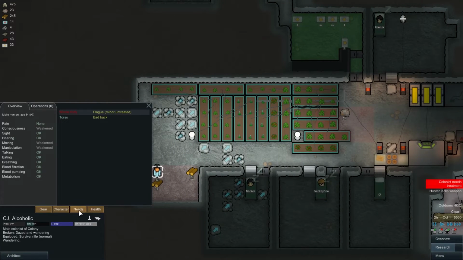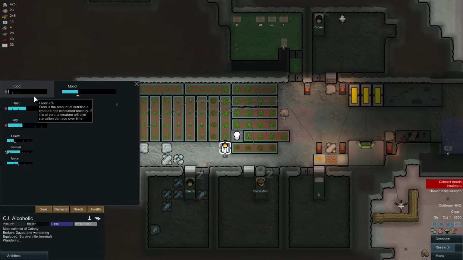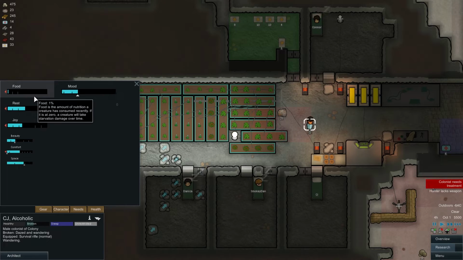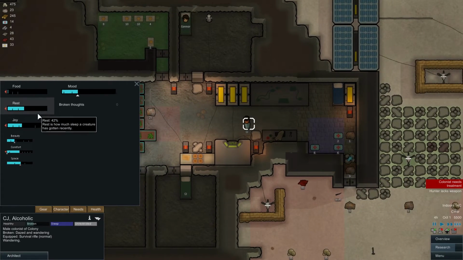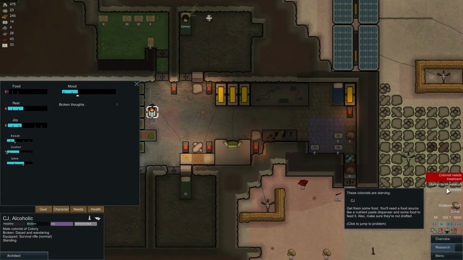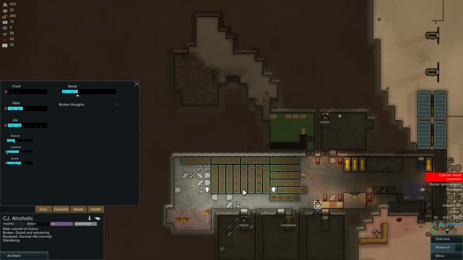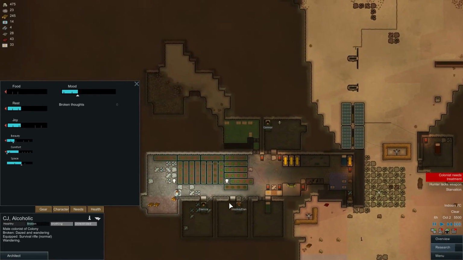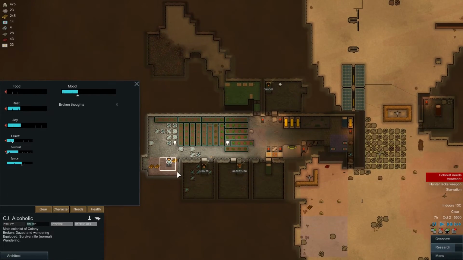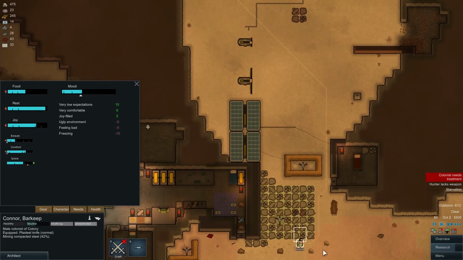And CJ is still just broken as hell, right? He didn't even eat. Come on, CJ, snap out of it, man. Go into the fridge, have some food, have some grub, and go to sleep. That's all you gotta do. Starvation. I can't do anything, game. I can't do anything. CJ's eventually gonna die of starvation or pass out here. I would beat him up, but...